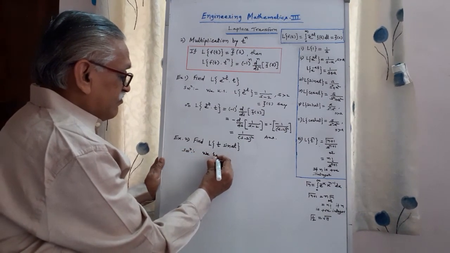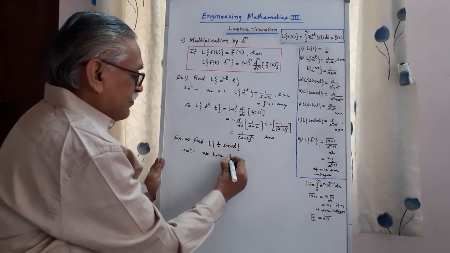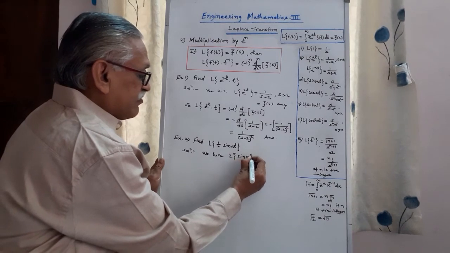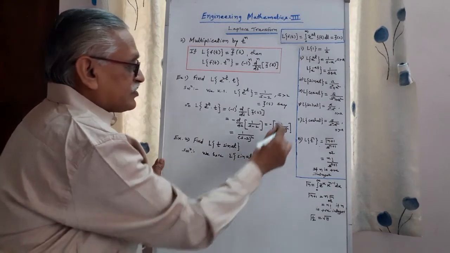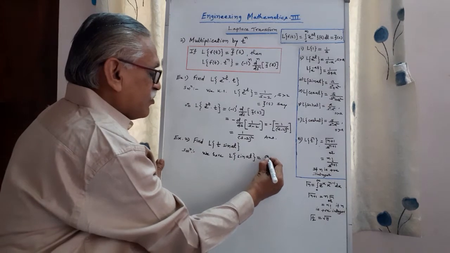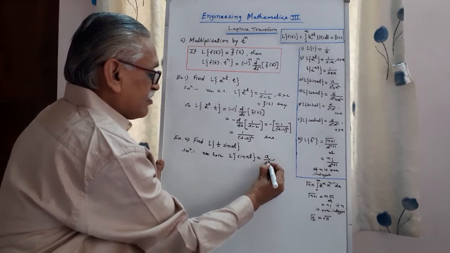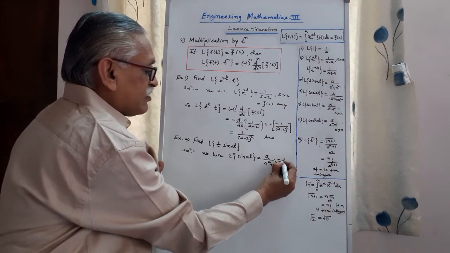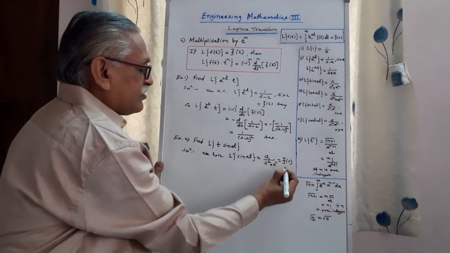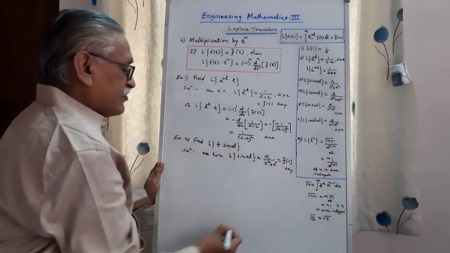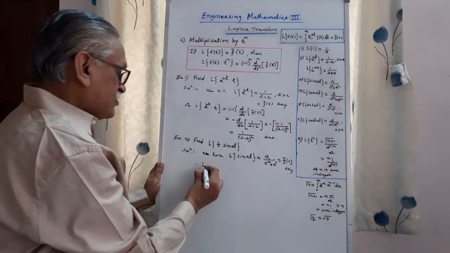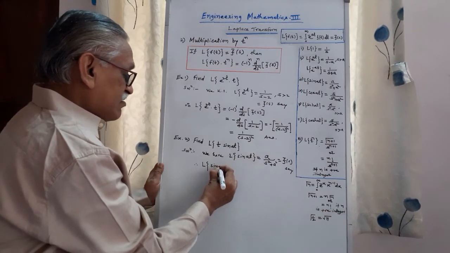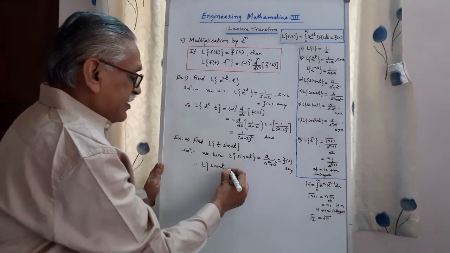we have Laplace transform of sin of at. Standard result, it is a upon s square plus a square. We call it f bar of s, say, and therefore Laplace transform of sin at multiplied by that t,